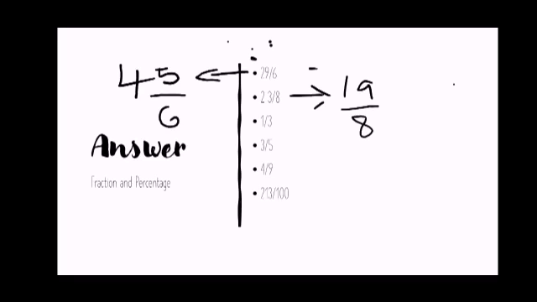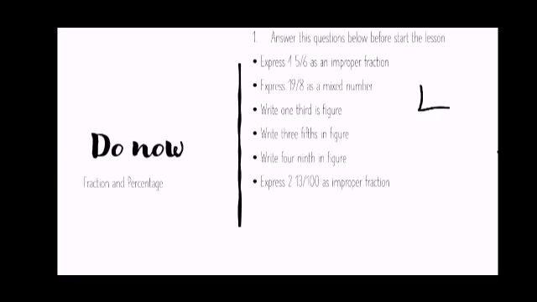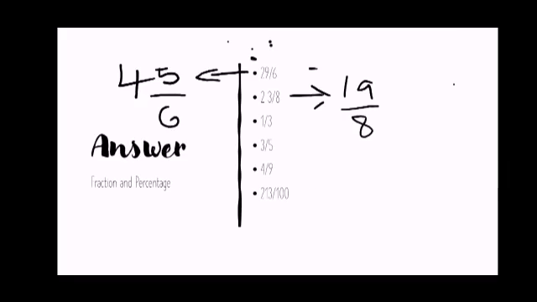And I guess the other one was write 3/5. Yeah, 3/5 in figure. That's it. I'm going to show you. Write 4/9 in figure. So 3/5, that's 3/5. 4/9, that's it. So the next question says,